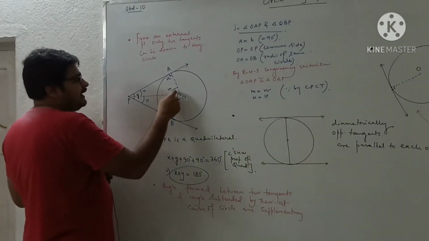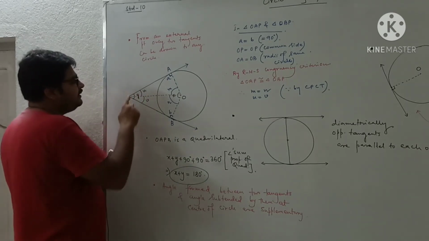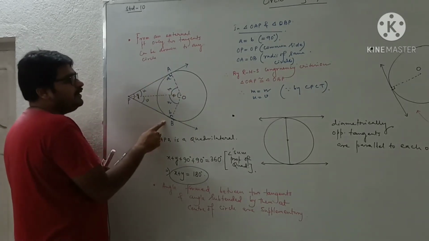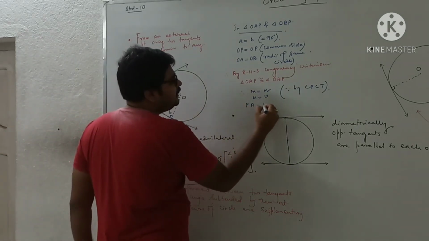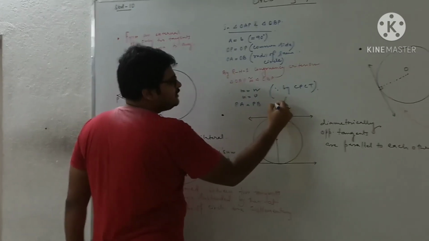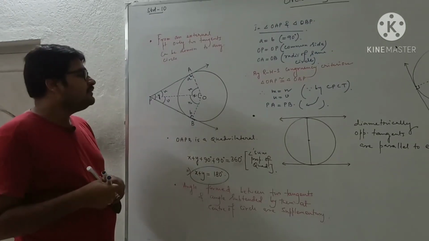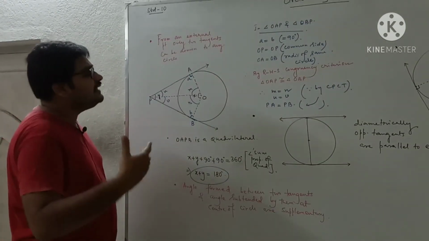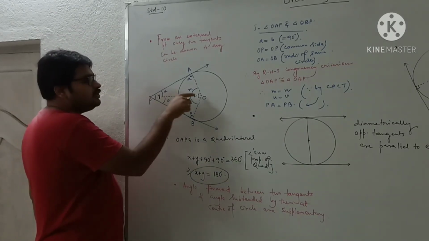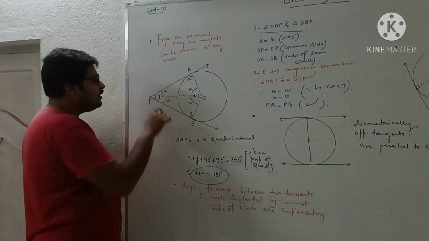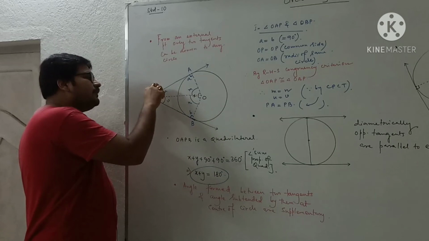So I can write M and N are equal, U and V are equal. Also you can write one thing, that PA and PB are equal because of the same CPCT property. So PA equal to PB. This is also by CPCT. So what we have proved here, from there we can conclude a statement. What is that statement? Line joining the external point to the center bisects the angle between two tangents